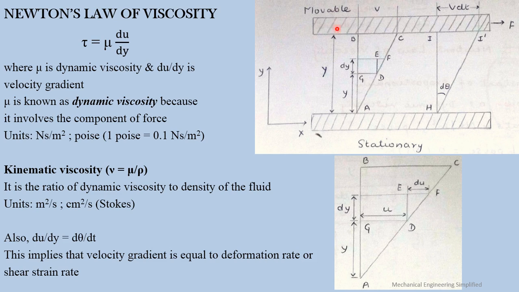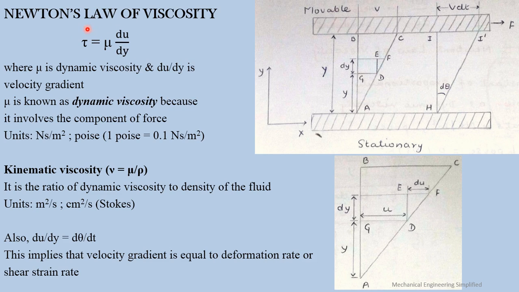This is just a basic simple diagram. These are two plates, one is a stationary plate and one is a movable plate. There is a line which is vertical at the initial time, and when a force is applied, this initial vertical line gets deformed into a slant line, or inclined line, inclined by an angle of theta. So the final derivation,